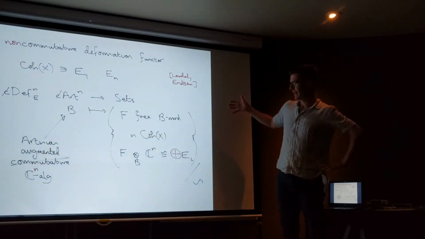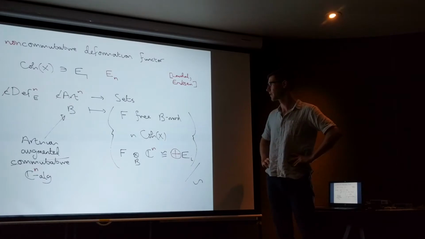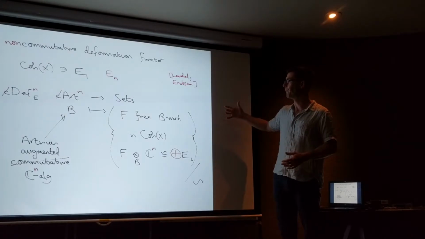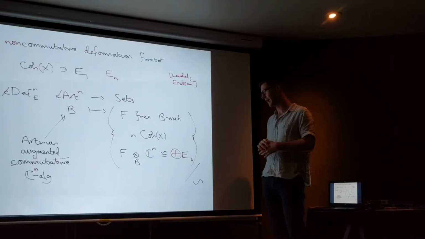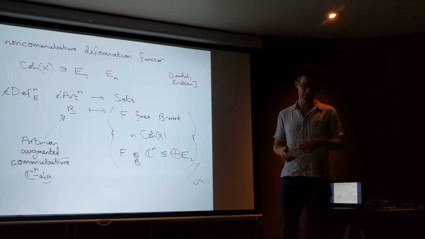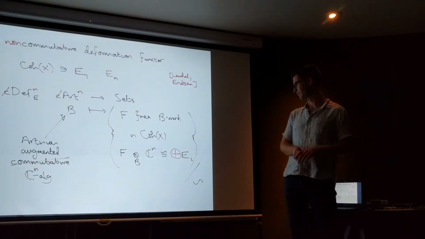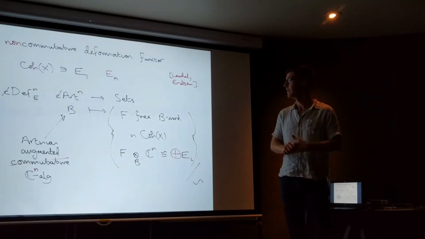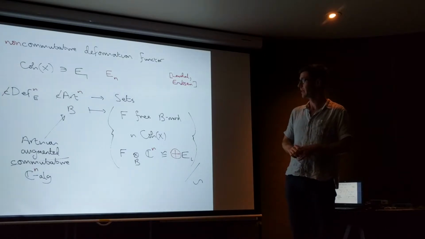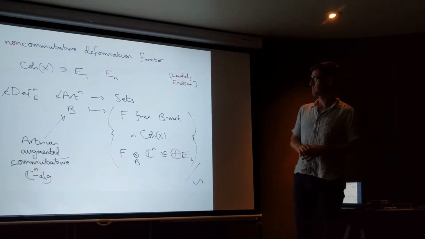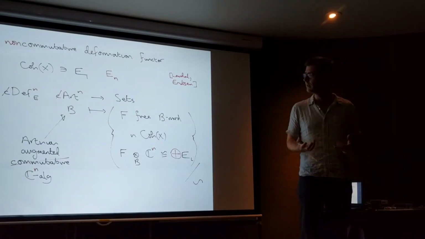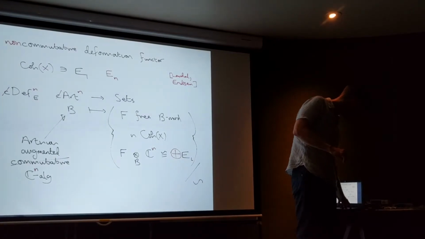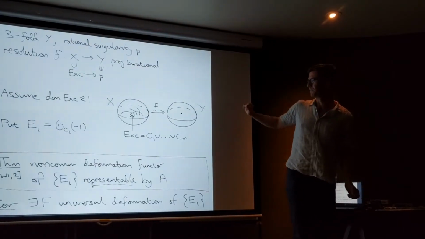And what does it mean to have a family over this non-commutative space? Well, we don't have to make sense of what that means. We can just say exactly the same thing again, that we take free B modules in coherent sheaves on X, and the restriction condition is now tensoring with C^n and getting back the direct sum of the Ei's. So this is what I mean by the non-commutative deformation functor. In general, this is pro-representable or has a pro-representable hull, but now I give a situation where it's in fact representable.